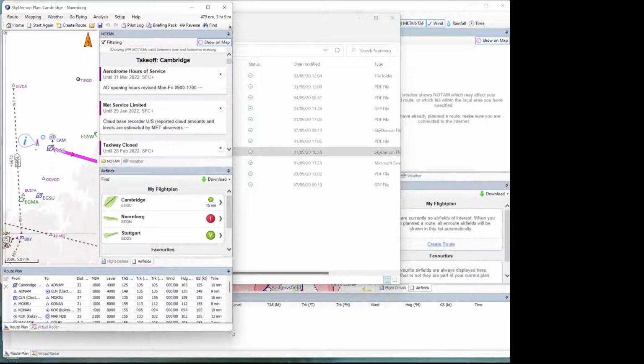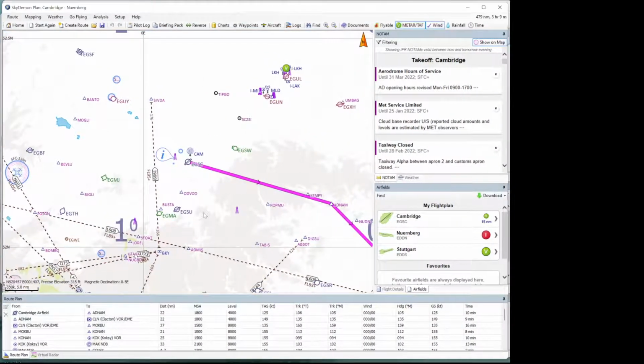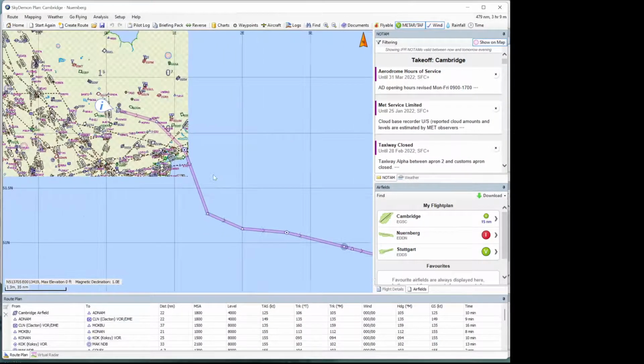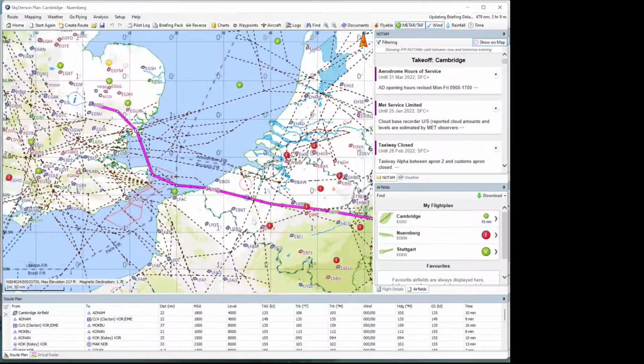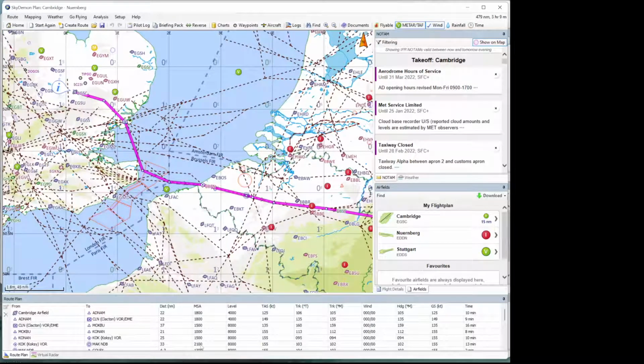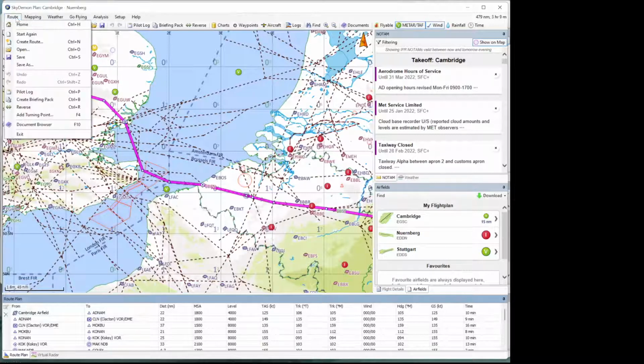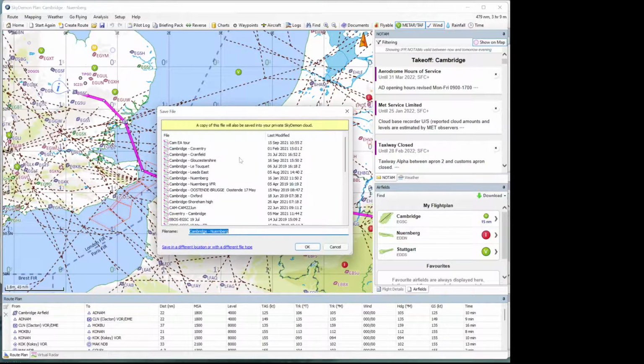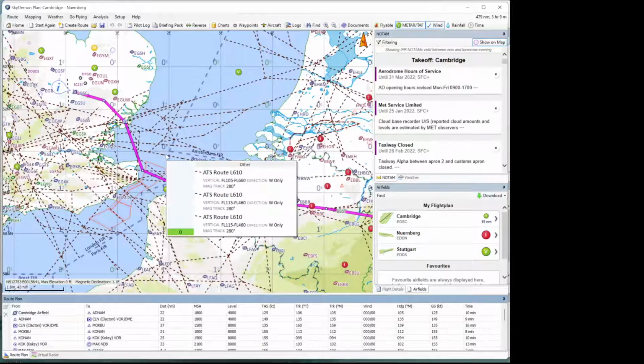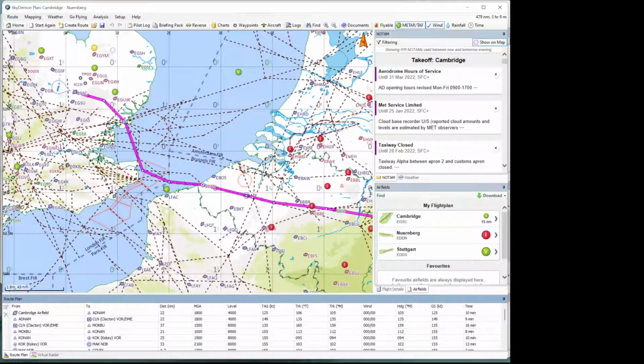And here we go, we're open in Skydemon. So now, there's my flight plan on my PC, and here's the route. So I can now use that, and I can make sure I'm comfortable with it. If I go to the route and save, it will save this file into my private Skydemon cloud, and I can then switch to the iPad